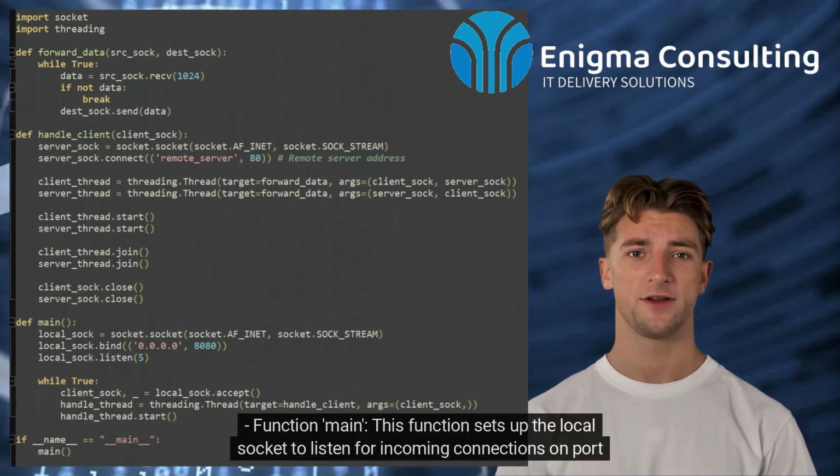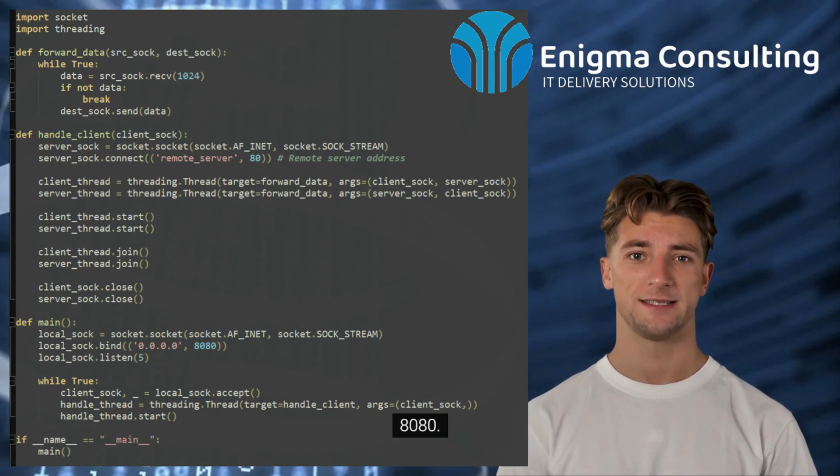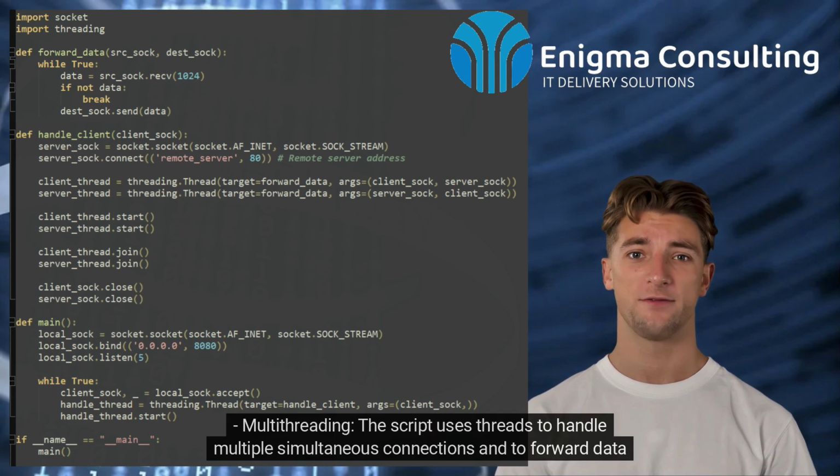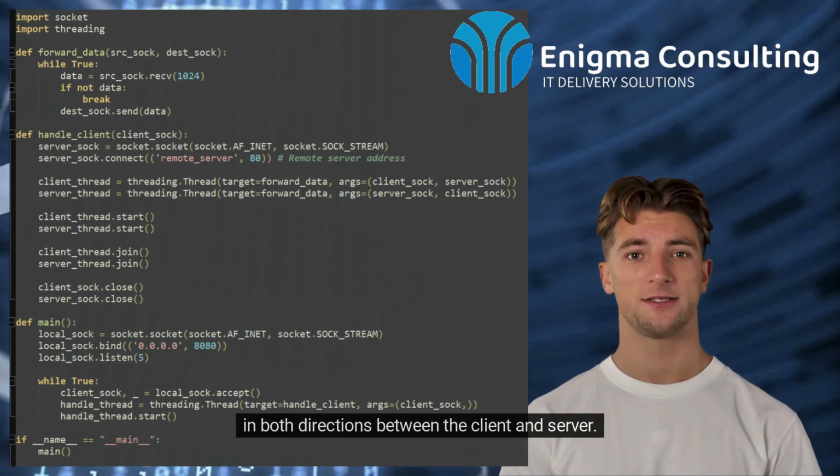Function main. This function sets up the local socket to listen for incoming connections on port 8080. When a connection is accepted, it starts a new thread to handle that client using the handle_client function. Multi-threading. The script uses threads to handle multiple simultaneous connections and to forward data in both directions between the client